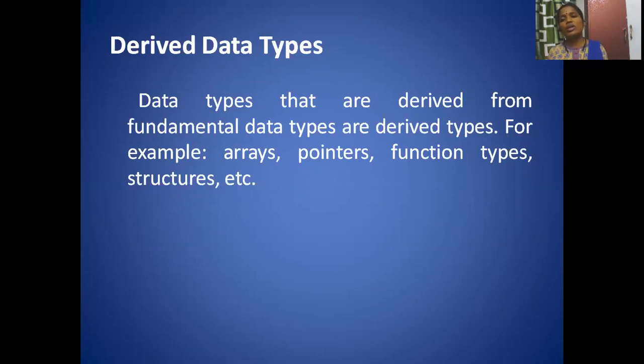So you can group all the integers, that means marks of all the students, into one place. That is nothing but an array. So an array is a collection of all the similar kinds of data types. It can be a collection of all characters, or all floats, or all integers. So that means it is derived from the primary data type, that is an integer or float or character. So these are called derived data types. In coming sections, we will be learning pointers, structures, unions, and function types. So next, we'll move further.